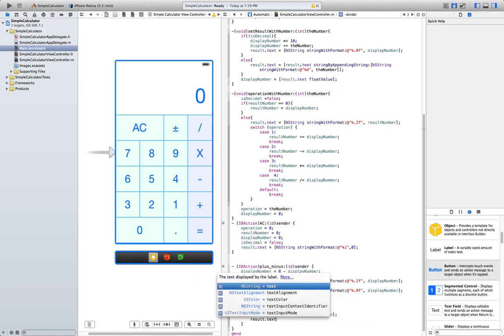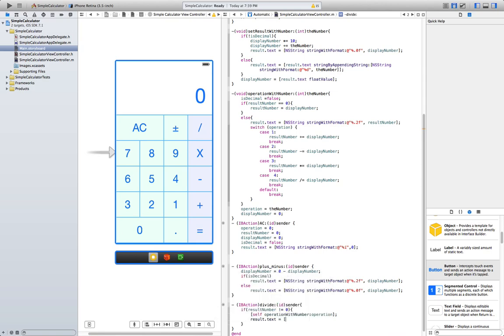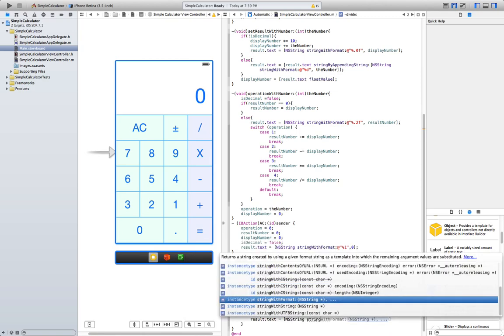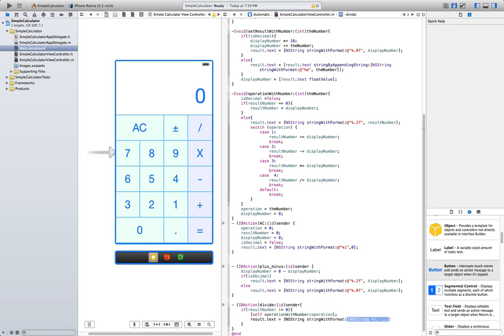Result.text is gonna be equal to string with format. You should be used to this syntax by now. Percentage point two f result number, close bracket, and display number is gonna be equal to result.text float value, result number, we're gonna just reset it equal to 0.